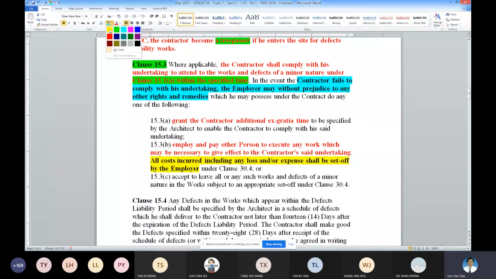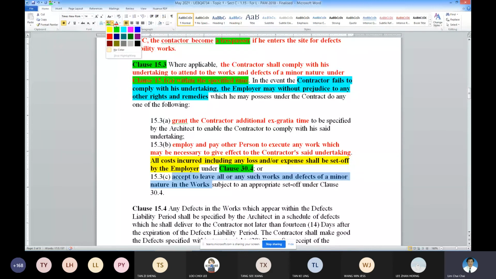Okay, so type 2. Type 3, accept the defects work of the minor nature. So type 3 is to accept, tell the contractor you don't have to do any remedial work. Okay, so then Mr. or Miss Architect or the QS, please do a